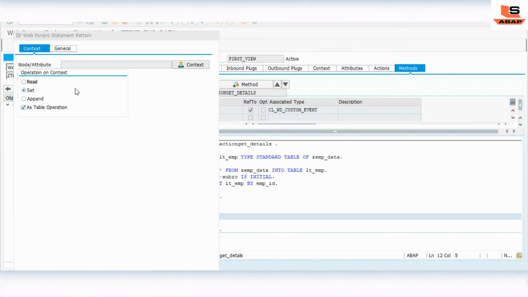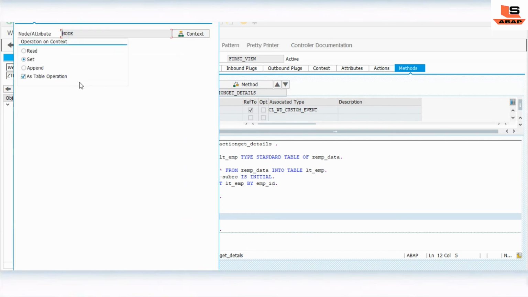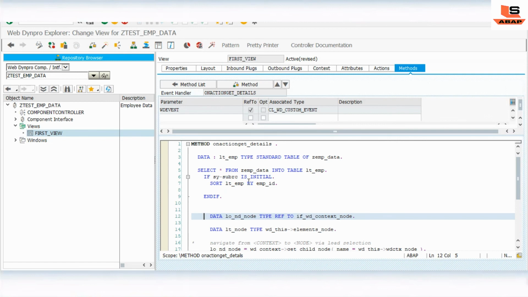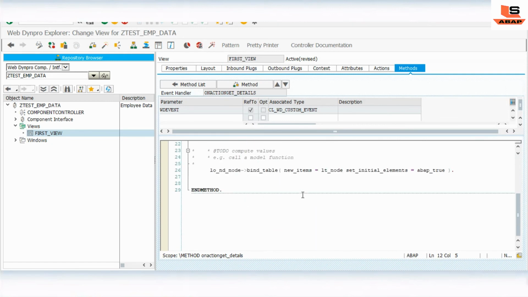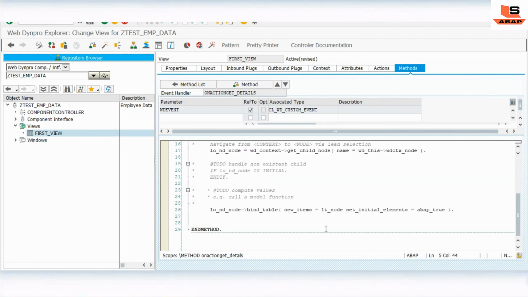In the context, we will select the one node and click on OK. When you click OK, it will auto generate some code. In this code, you just need to change this lt node to your internal table. That's it. Check and activate.